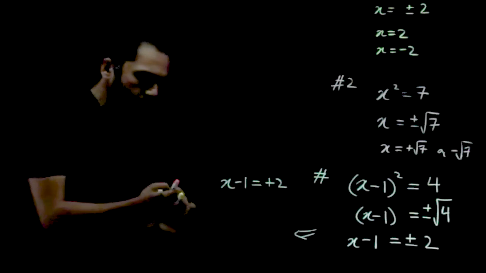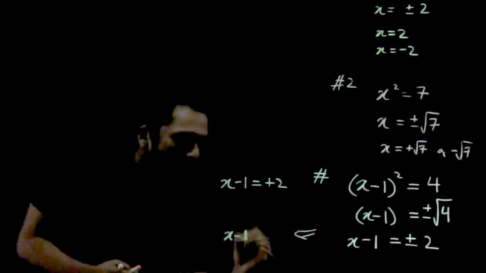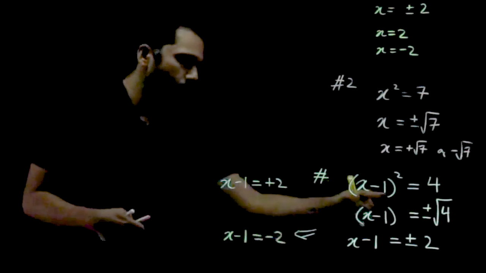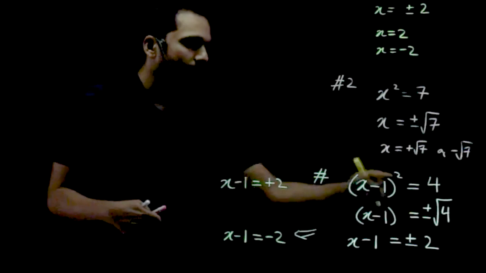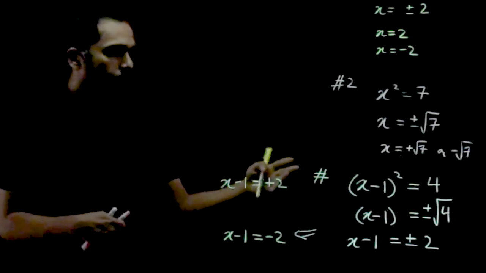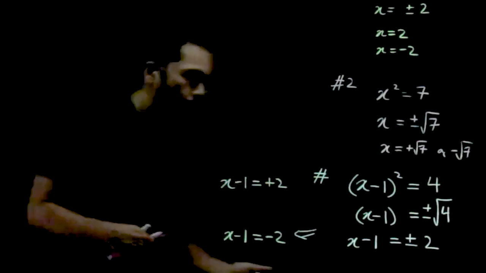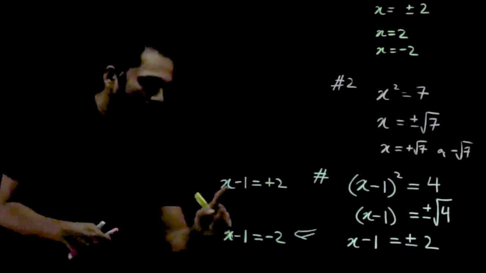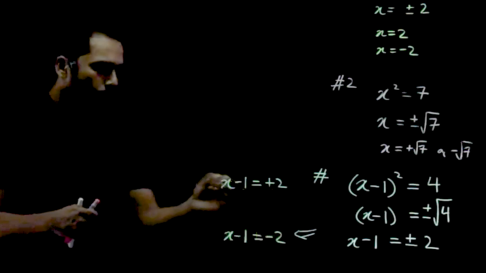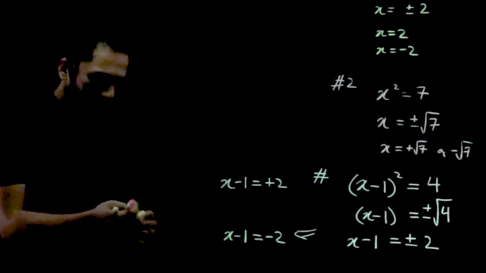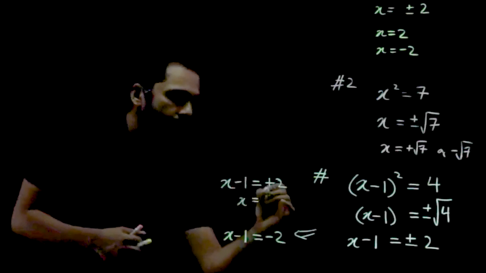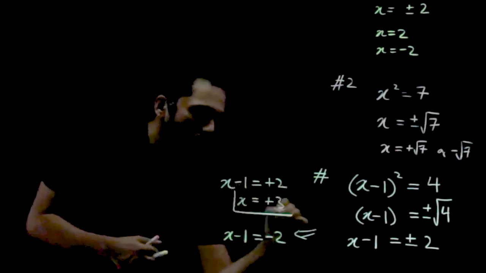And what's the other solution? The other solution is x minus 1 is equal to minus 2. Again, instead of x minus 1, if I put a minus 2 over here, minus 2 square, is it 4? Yes, minus 2 square is also 4, because a negative square is also positive. Minus 1 square becomes 1, and 2 square is 4. So x minus 1 is equal to 2 is one of the solutions. x minus 1 is equal to minus 2 is the other solution. If we want to figure out the x value from here, that's quite easy. That will give me x is equal to, I'll take the 1 on the other side, it becomes 3. That is one of my solutions.